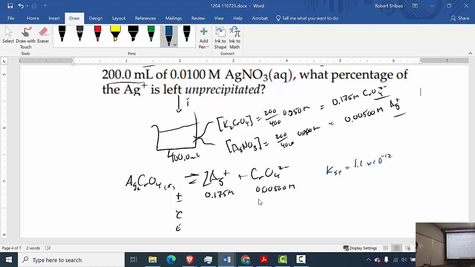You know what I would do? I don't like doing these shifts. This is going to shift left. You know what I like to do? Reset. So the first thing I'm going to do is I'm just going to reset this. And so let's go from the original initial to the reset initial. So which one is the limiting reagent here? Looks like the chromate's the limiting reagent. Do you see that? And so this is going to be what I call minus y, and this will be